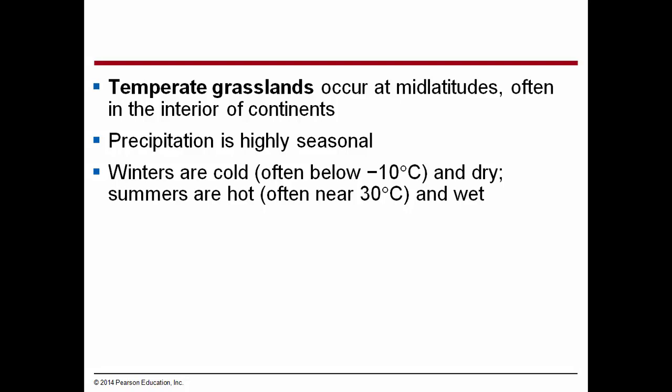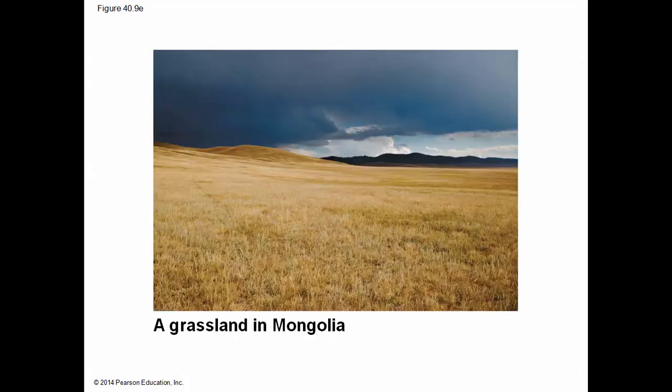Temperate grasslands occur at the mid-latitudes. These are basically the prairies, often the interior of continents. Precipitation is highly seasonal. Winters are cold and dry, and summers are hot and wet. Here's a grassland in Mongolia. It might as well be a grassland in